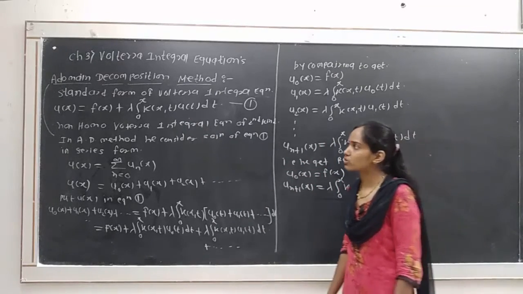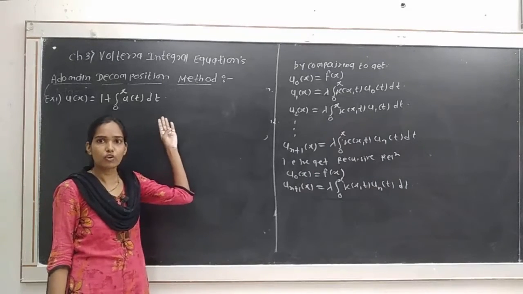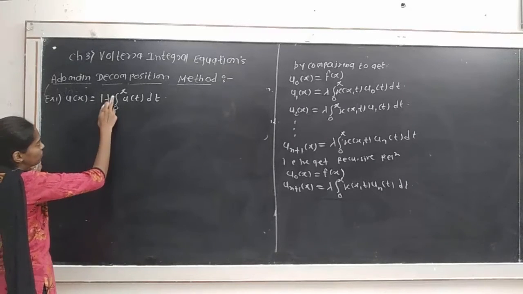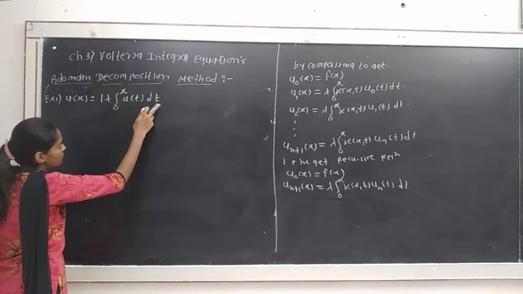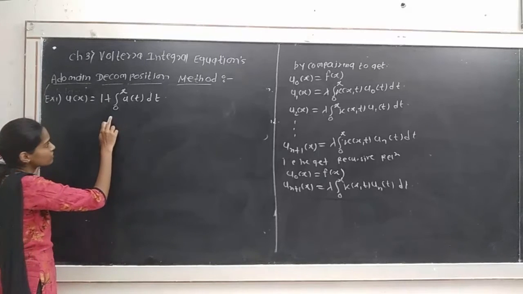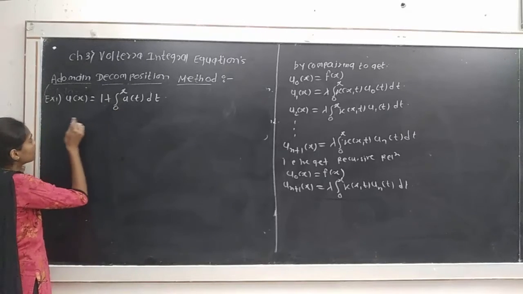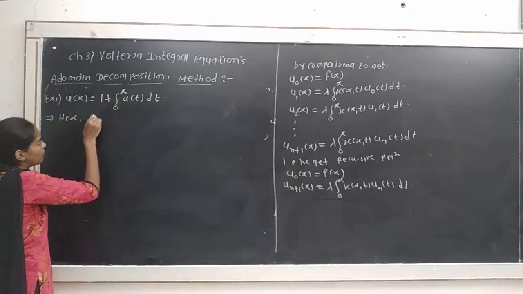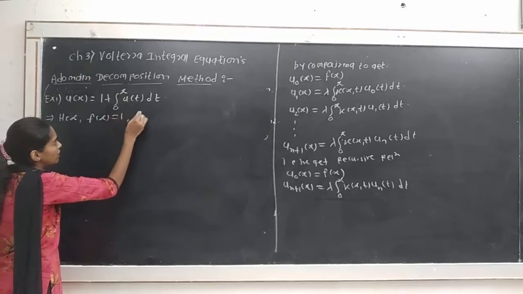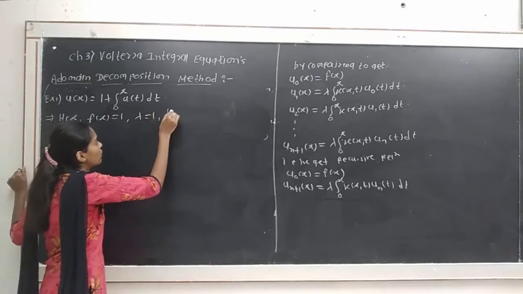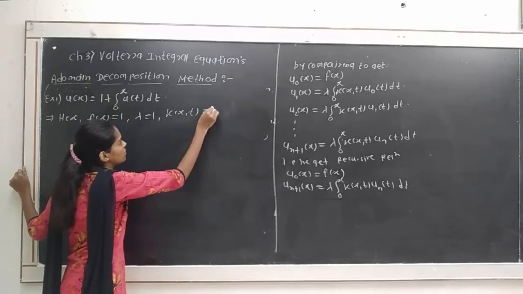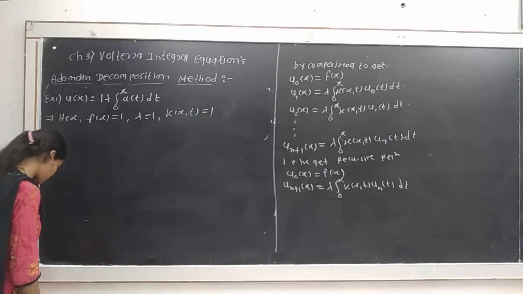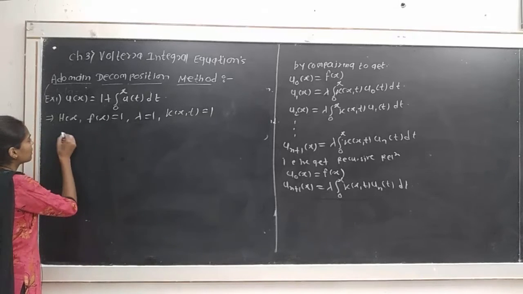So we see one example. I write here Volterra integral equation, consider the Volterra integral equation u of x is equal to 1 plus integration from 0 to x u of t dt. If we compare this equation with the standard Volterra integral equation, then we get here f of x will be equal to 1, lambda is also 1 and k of x t, the kernel, is also equal to 1, that is separable. So we use the Adomian decomposition method. Okay, for that